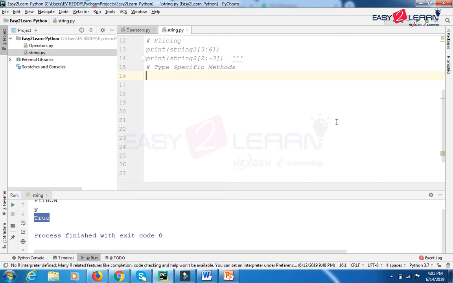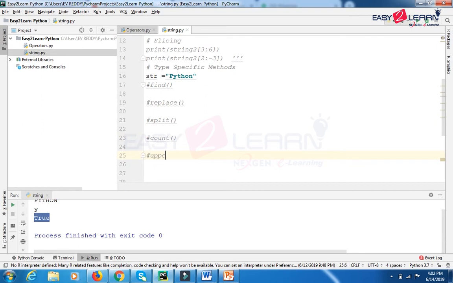Here we are going to perform various type specific methods for the strings. Let's say the string value is Python, I am considering here, and then we are going to perform various string functions like find and then replace. After that we are going to have split, and then we are going to check for the count.